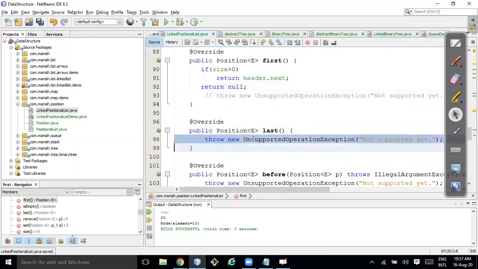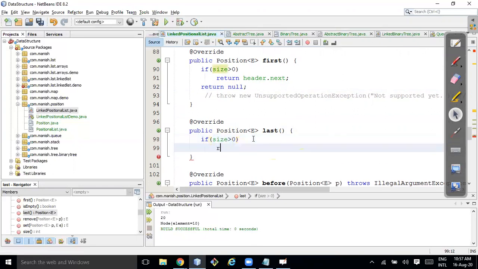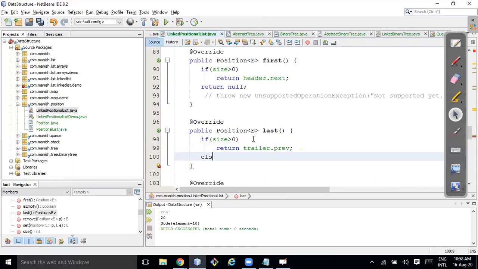What will be the last? Here also I'll check if size is greater than 0, then I will return what? Trailer dot previous, because it is a doubly linked list. Trailer dot previous. Else I'll return null.